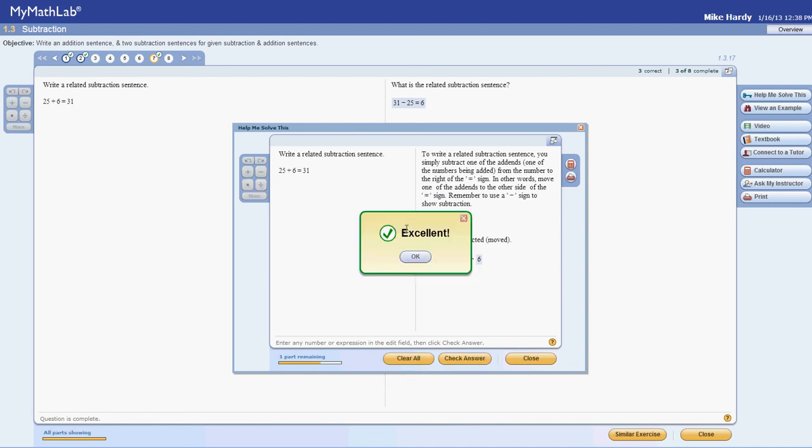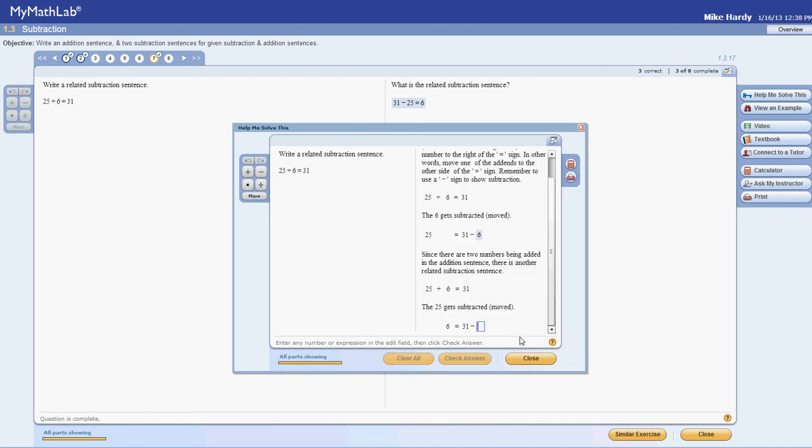Let's check the answer. Good. 25 gets moved. Check the answer. Nice work. Okay, and so there we go. So it's written the two different sentences that you can get by making subtraction out of 25 plus 6 equals